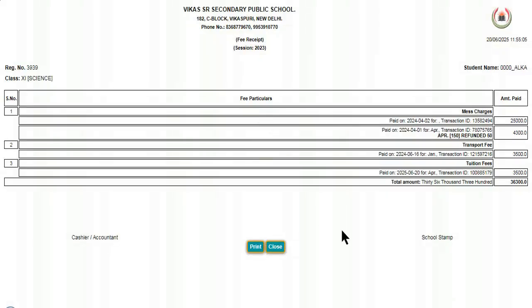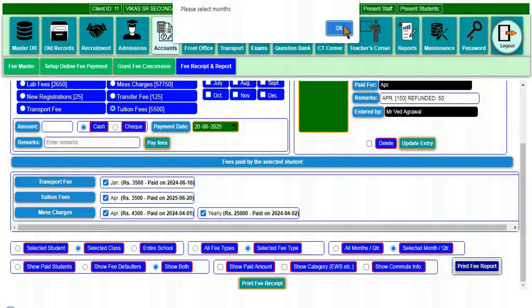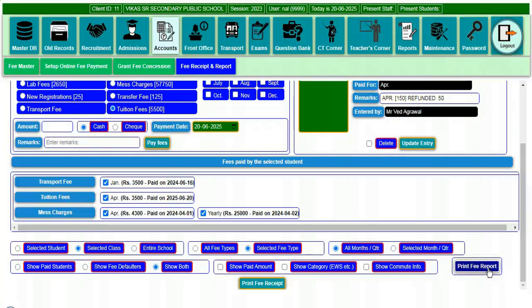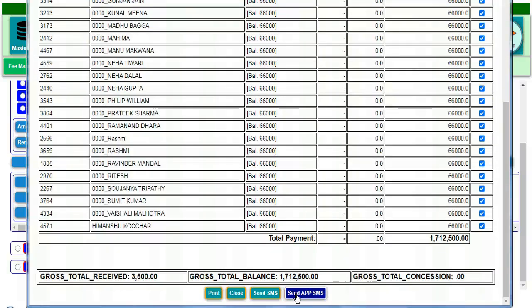the selected entries. At the bottom of the screen, we can see different checkboxes providing us the flexibility of printing a customized fee report for any individual student, selected class or the entire school, along with the total amount received as well as the total balance amount. We can also create a customized report displaying the names of students who are fee defaulters along with the amount in default, and from that report itself, a message can be sent instantly to the parents of each child as a reminder to pay the fees, just at the click of a button.